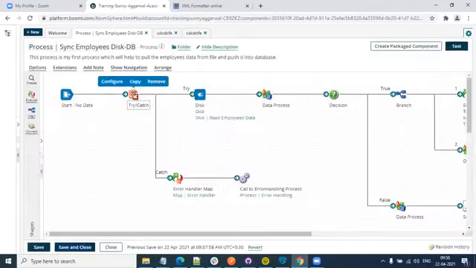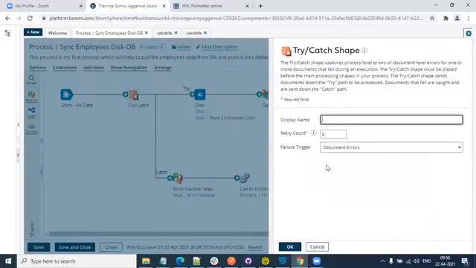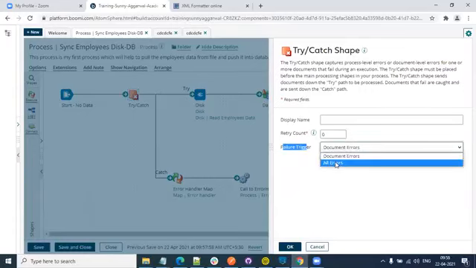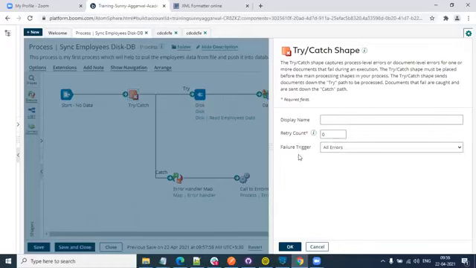So now let's come back here. Let's go to the try-catch shape. In try-catch shape also there are certain configurations. There is a document error and there is all errors, which means this try-catch shape can help you to handle two different types of error, document errors and all errors. Document errors will typically be related to the data issues. If you will have some data issues in a specific document, that will typically fall into the document error. But right now the issue is with the connectivity, right? If the connectivity itself fails, can any document process? No, right? So what I'm trying to say is, if you want to handle all the possible errors, you have